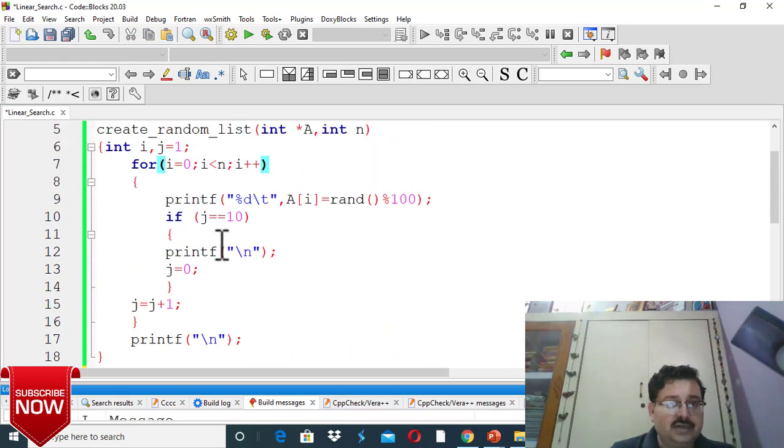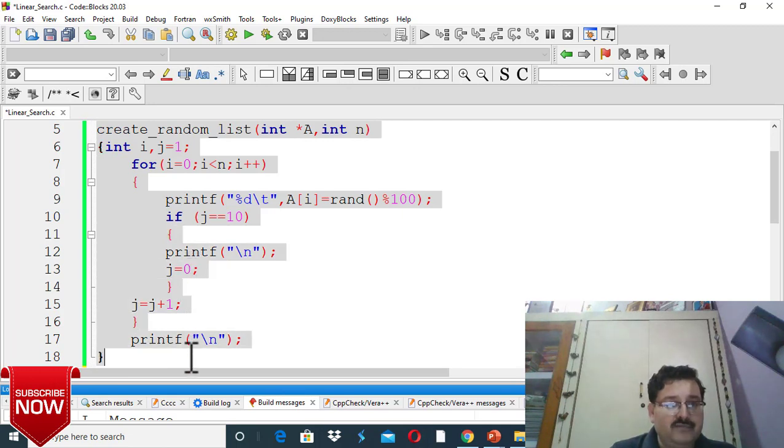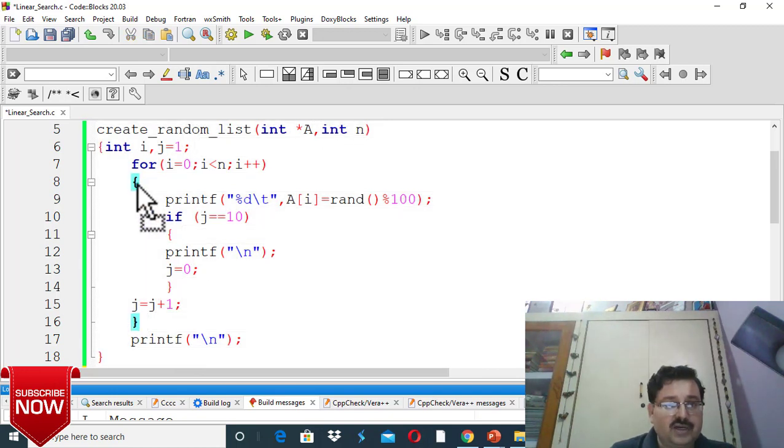Just understand again, take the recap. In this create random list function, this function will create a list of size n. What this function is doing: for i equal to 0 to i less than n, i plus plus, printf %d slash t, ti is the array. It means we are assigning random values to this array, and parallelly we are printing also.